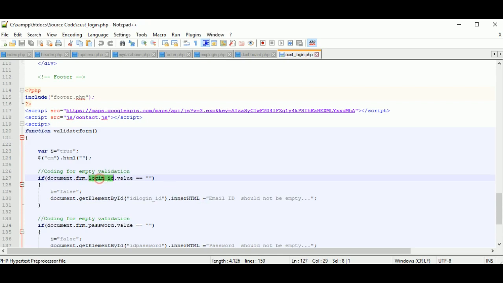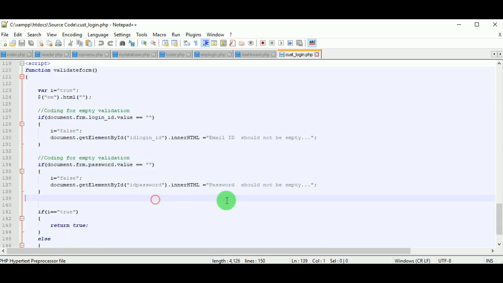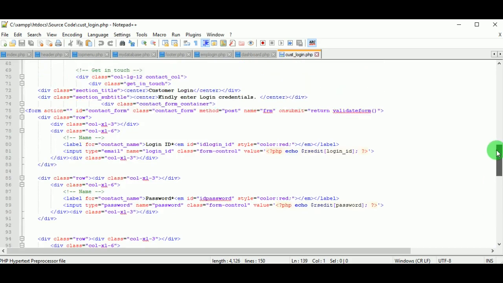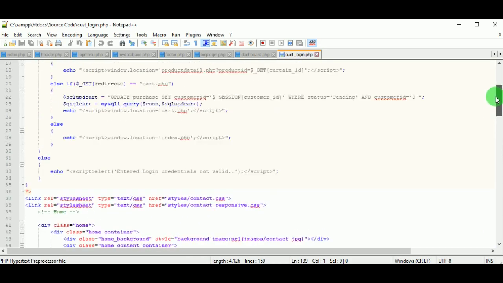Here this is JavaScript code, and you can see if the login ID and the password are not entered, then the validate message will be displayed.